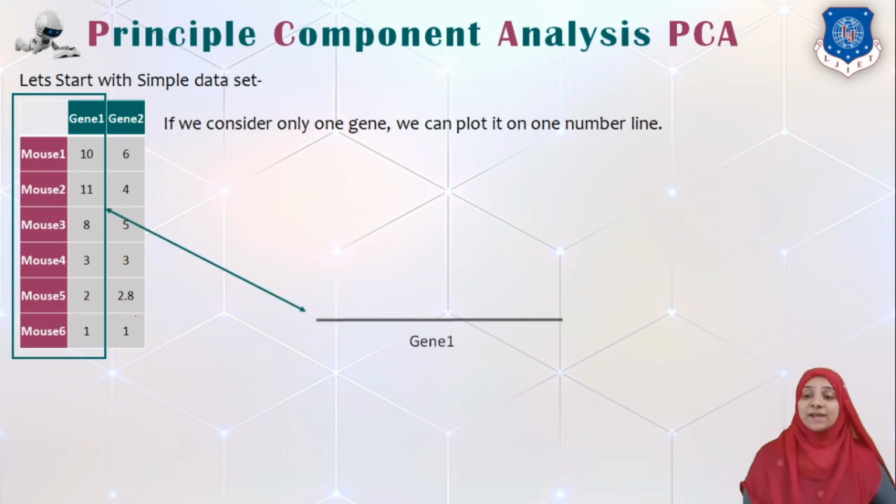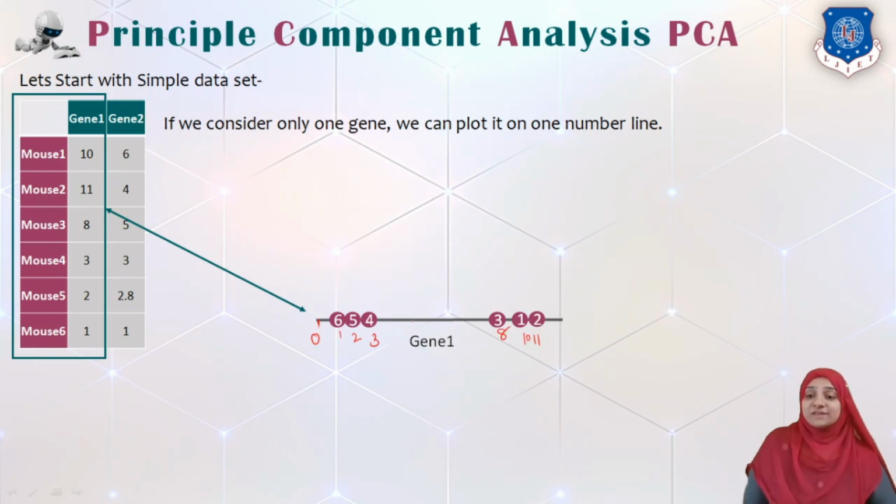So we create one axis. This axis is a simple horizontal axis and I call this axis the gene 1 axis. So gene 1 is nothing but one of the attributes. It is nothing but my one feature. So the first feature is over the x-axis. And I will plot these data points or these observations of mouse over the axis.